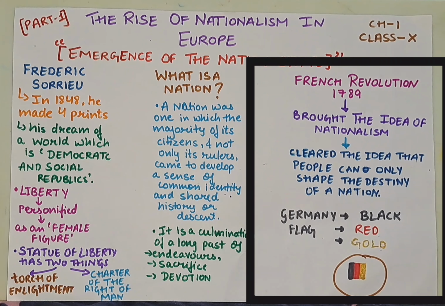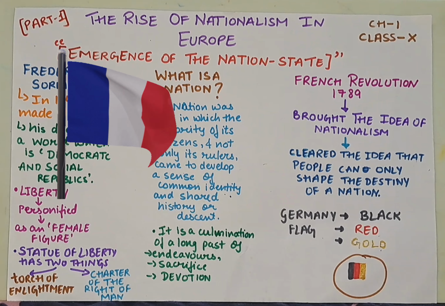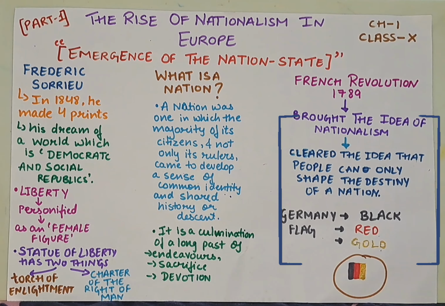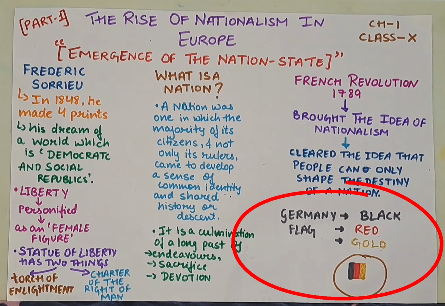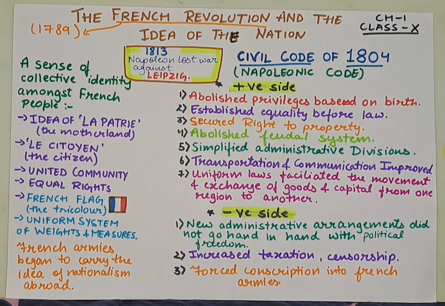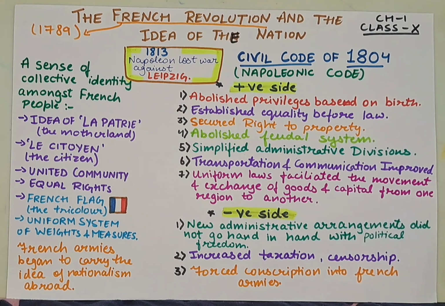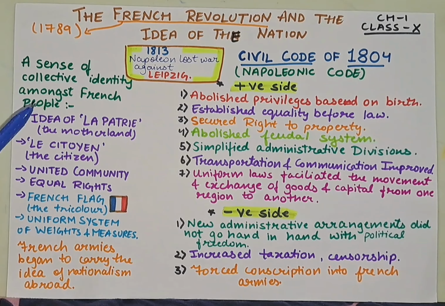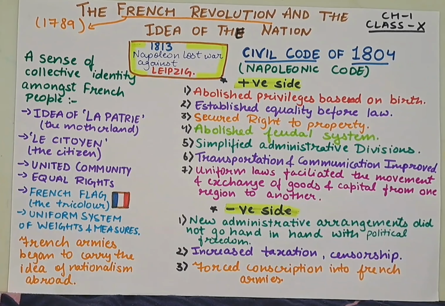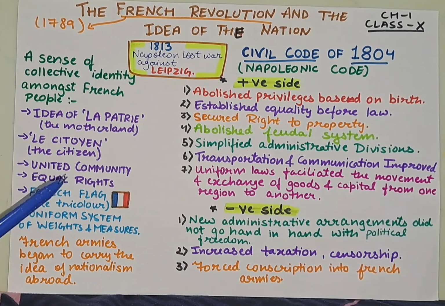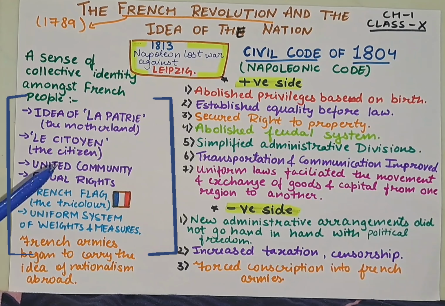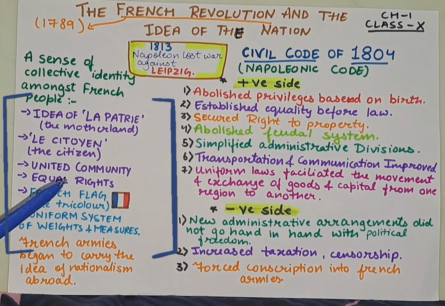The French Revolution was the revolution that brought the idea of nationalism, and it cleared the idea that only the people can shape the destiny of a nation. Talking about the German flag, there are three colors in the German flag: black, red, and gold. Now, the revolutionaries of the French Revolution, in order to create a sense of collective identity among the French people, did the following things. Number one, the idea of la patrie, the motherland; le citoyen, the citizen; united community, equal rights;